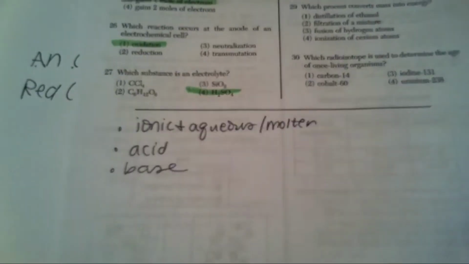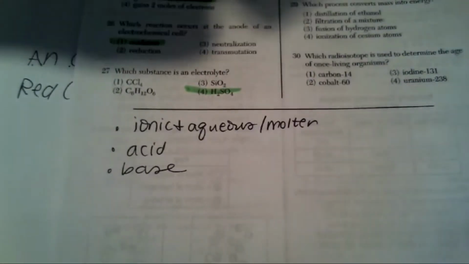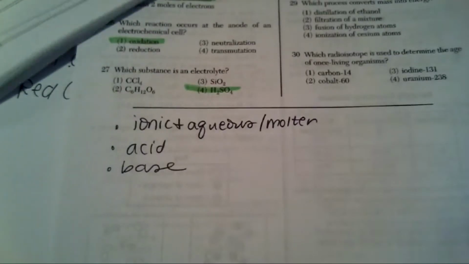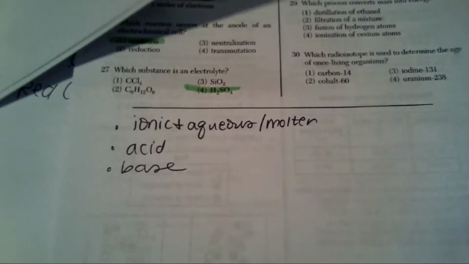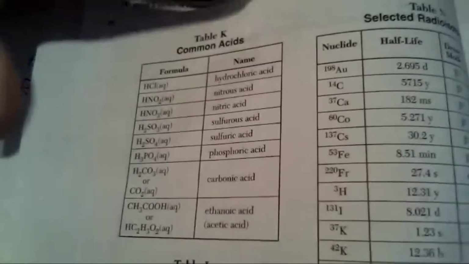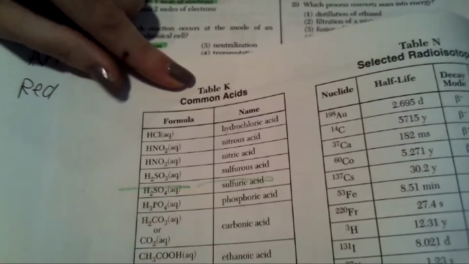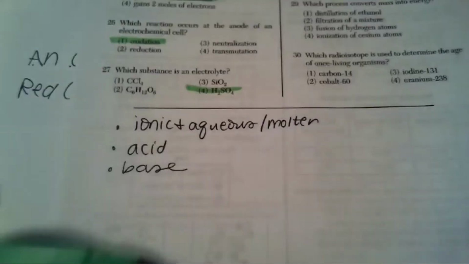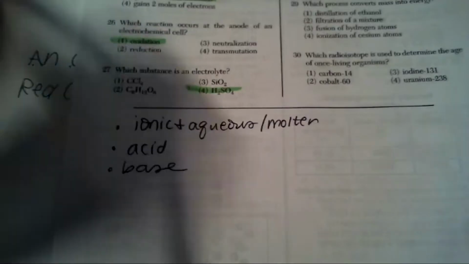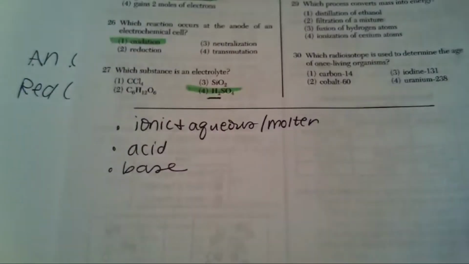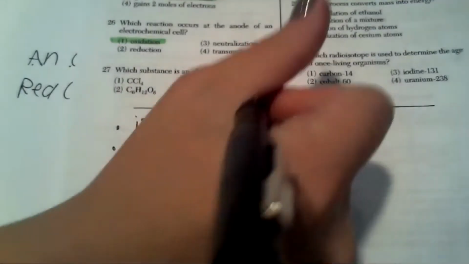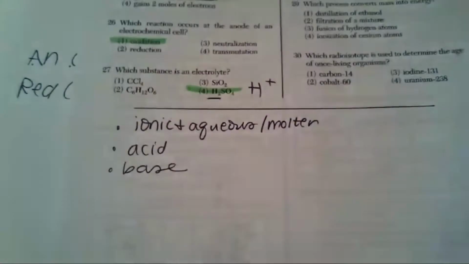You can find that on Table K. Table K gives you common acids. And we have H2SO4 right here, which is sulfuric acid. Another way to know this is an acid is because it has that H out front. According to Arrhenius, when this dissolves in water, H plus or hydronium is going to be the only positive ion that comes out or that dissolves. Okay, question